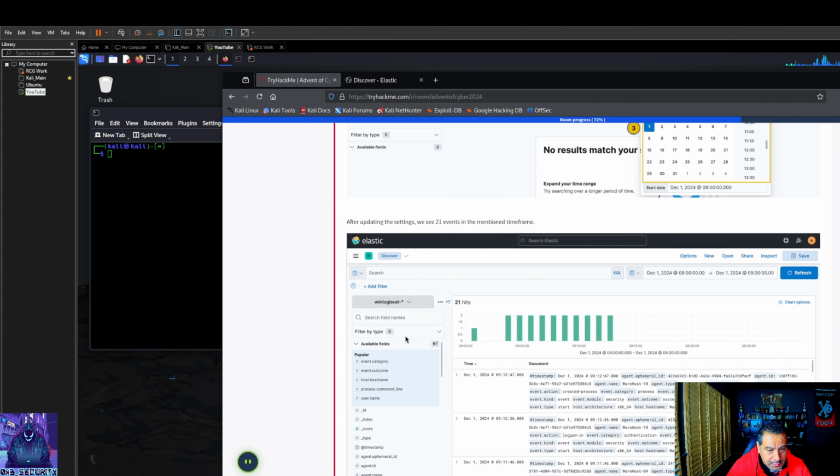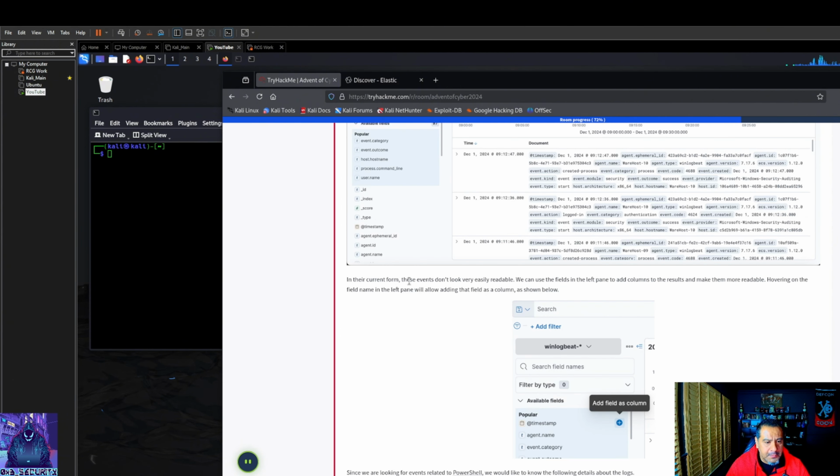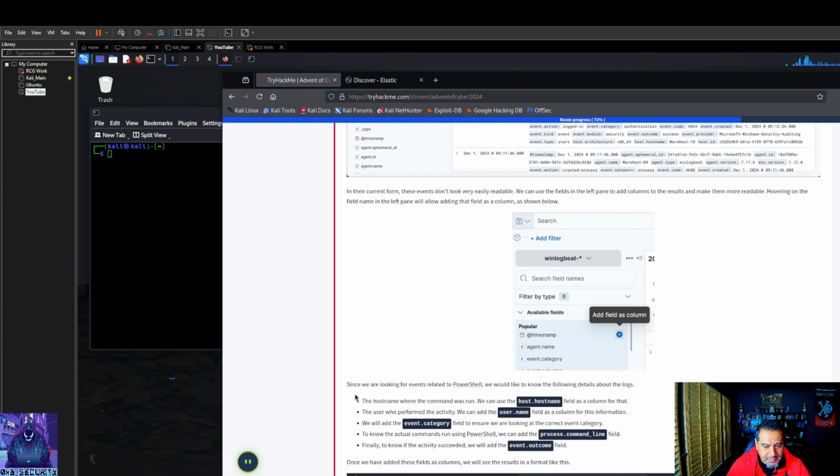So let's see. In the current form, these events do not look very easily readable. We can use the fields in the left pane to add columns. So let's see what we got.